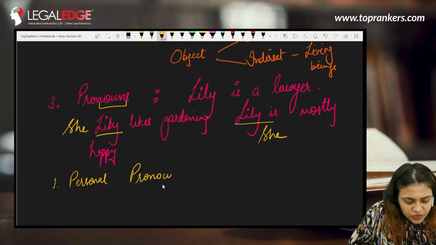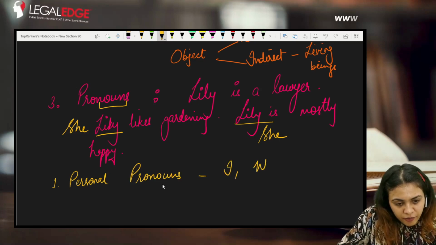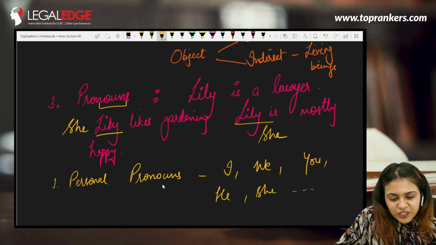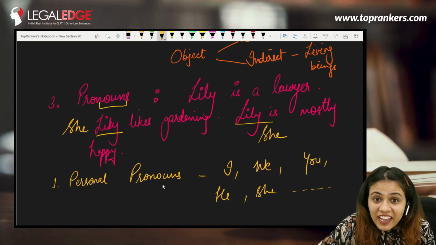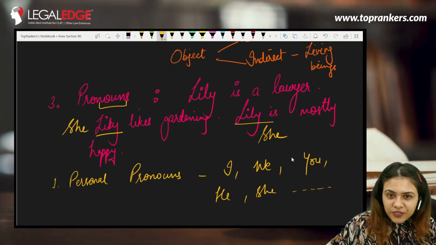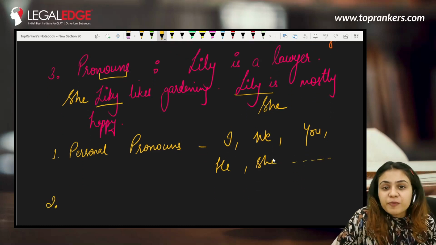Personal pronouns. Pronouns such as I, we, you, he, she, and so on. They, ठीक है? ये सारे जो pronouns है, they are considered as personal pronouns. Moving forward, the second category of pronouns is